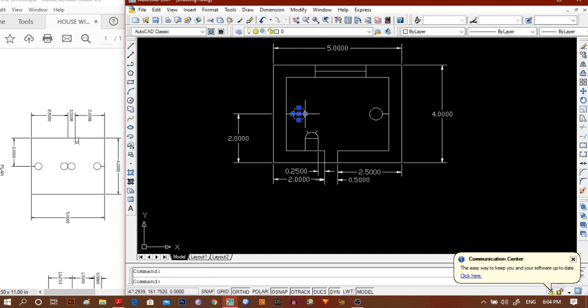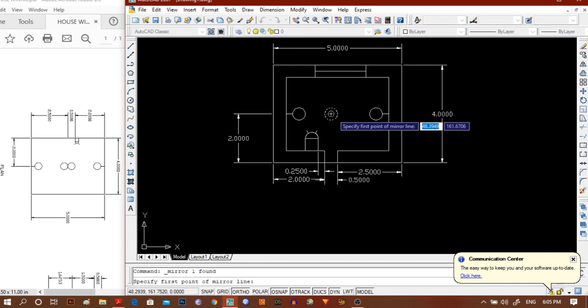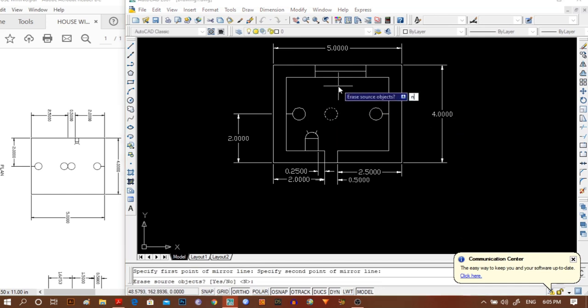So I simply copy this rectangle and place it here, and we are going to make the mirror of this one, keeping my source object.